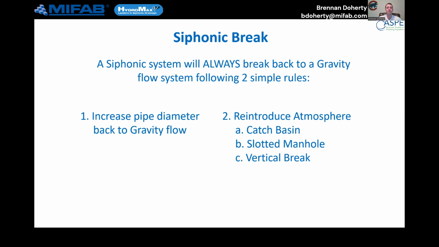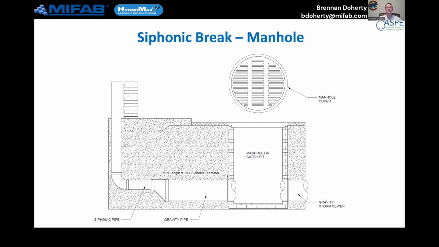And there are 2 rules to accomplish this. Number 1, increase our pipe diameter back to our IPC or UPC flow rate. And number 2, reintroduce atmosphere. There are a number of ways to do this. Most cost-effective: